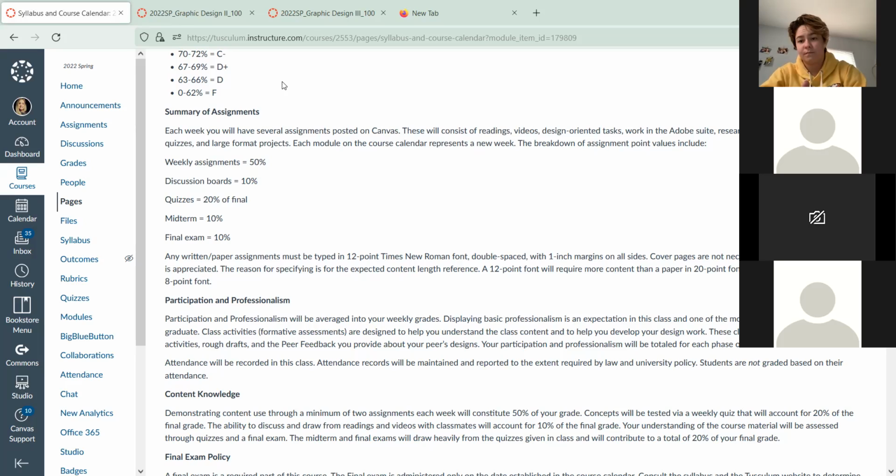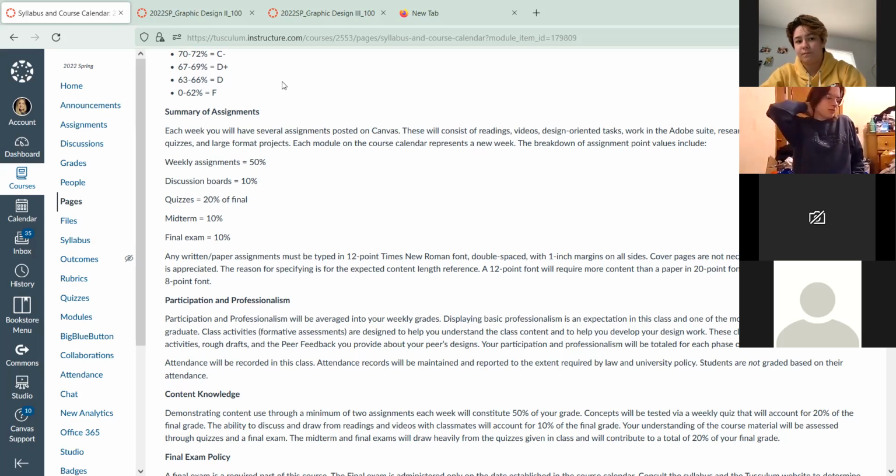Then you're also going to have discussion boards, mostly on a weekly basis. Those are going to account for 10% of your grade. With your discussion boards, you have to make your initial post, and then you have to do 3 follow-ups to other classmates. And I sincerely stress this to you guys: follow-ups have to be helpful. Don't just say, that's great. Don't just say, I agree. Don't say, super idea. I want you to elaborate and expand on whatever they've said, okay?